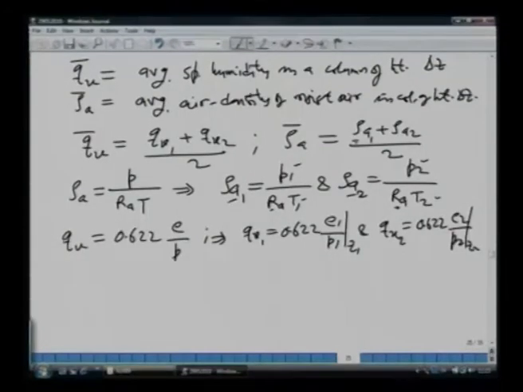Now, there are a few more things which you would need to calculate, that is your P2 and T2, for which we already have T2 by the lapse rate. I am not going to write the equation again, and P2 by the equation derived earlier.